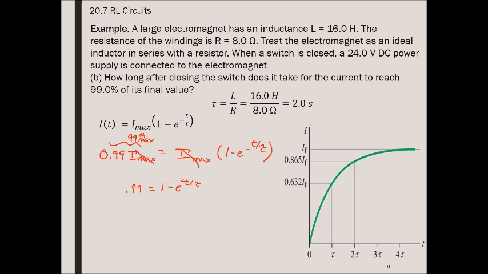Then what we need to do is rearrange. So I'm going to bring the e over to the other side. e to the negative t over tau equals 1 minus 0.99, so that's equal to 0.01. And how I undo an e is take the natural log of both sides. So I'm going to take the natural log of everything. That basically cancels out the e because natural log of e is just 1. And so I have negative t over tau, and it gets rid of the exponent as well. So it's basically whatever the exponent is. Okay, so we take the natural log of 0.01,